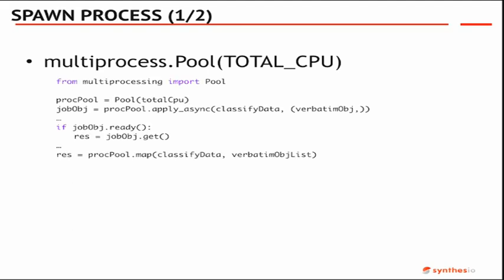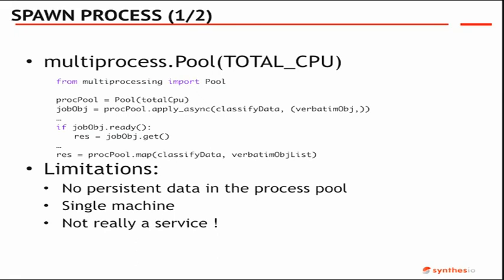It's simple code that anybody can write in a few minutes. Basically you create a pool, you send the data asynchronously through the pool, you wait until it's ready, and when it's ready, you get the results. Or with a map, you have a list, you process the whole list one by one, and you get the results of everything once all is done. So the first top one is asynchronous, the lower part is synchronous.